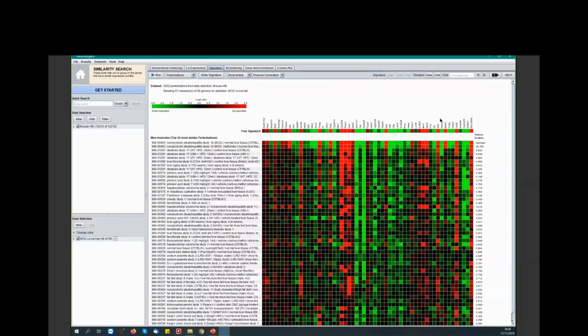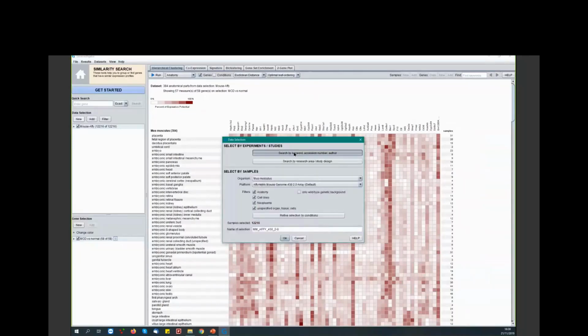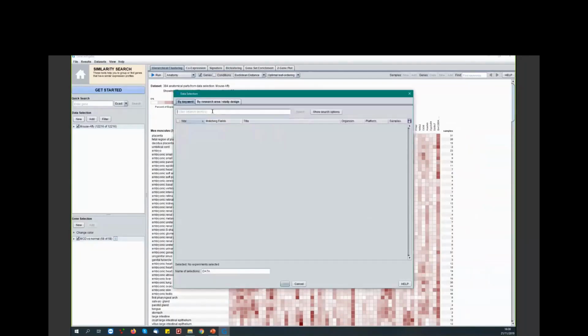In order to structure the comparisons that we are looking at and to find clusters of similar genes and samples, we can enter the hierarchical clustering tool, which you see up here. So we will stay on the same gene list of the ones that we previously defined, but we would now like to add a new dataset where only our one study of interest is included. For that, I can go up here to add new data selection and search by keyword, and I will type in the number of the study, which I already know,